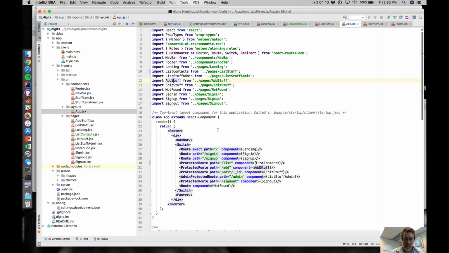But if we go into app.js, we can see, okay, I'm under list, I'm doing list contacts, so I go up here, list contacts, but then I notice from pages, list stuff. Okay, so it's called list contacts, but I'm still using that component, so that's the problem. I want to change this to list contacts,